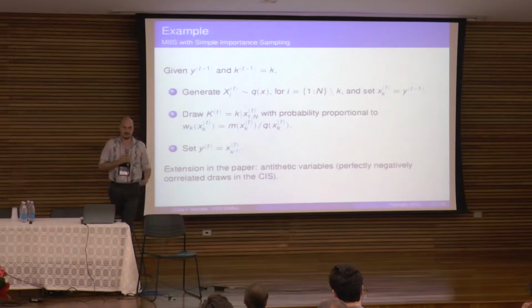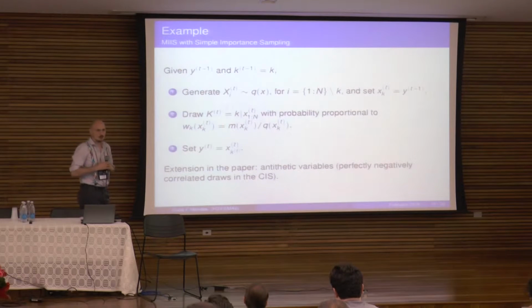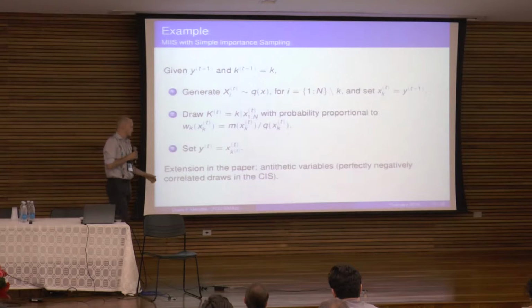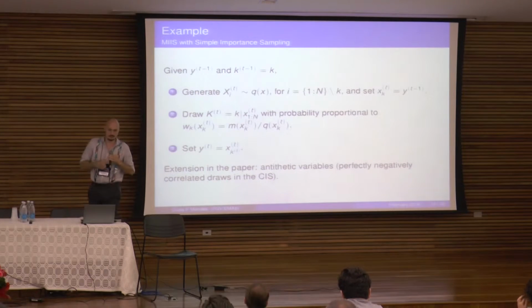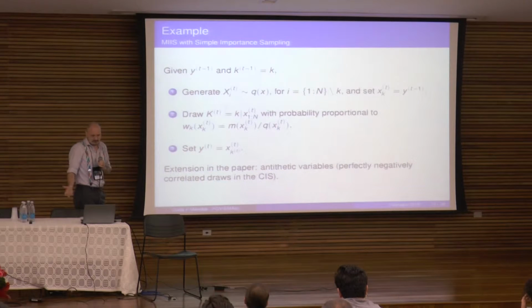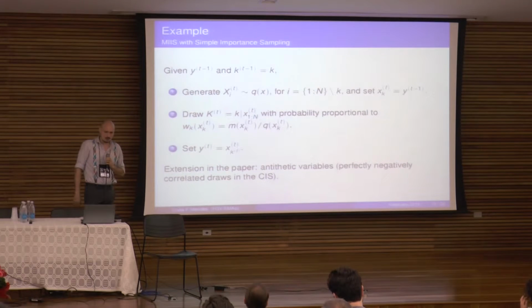Now, as I said here, I'm simplifying the algorithm a little bit, but you can have auxiliary variables, for instance, and that's really not a big deal. Now, it's a very simple example. This algorithm has been explored in a couple of settings, especially particle Gibbs, and all the theory behind particle Gibbs is based on this instance of the algorithm, but we can go beyond that.